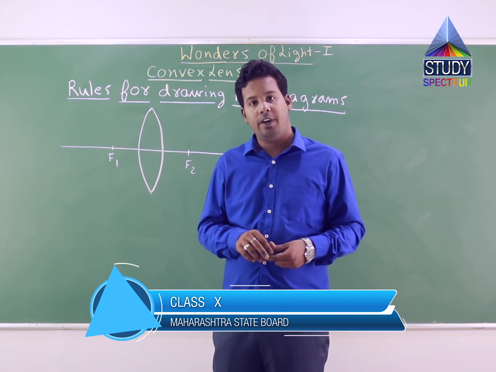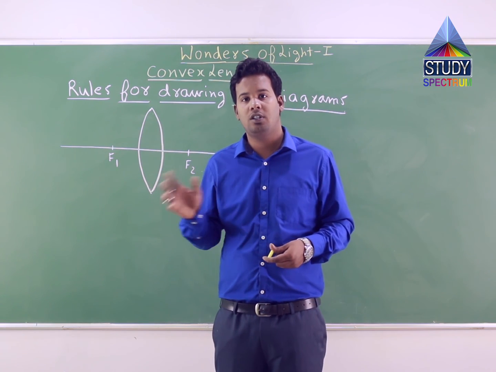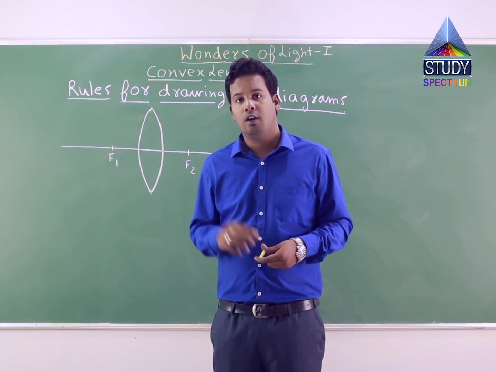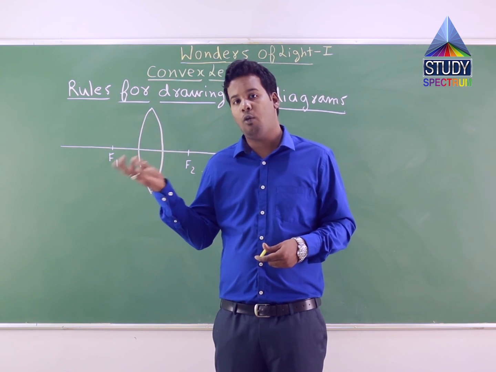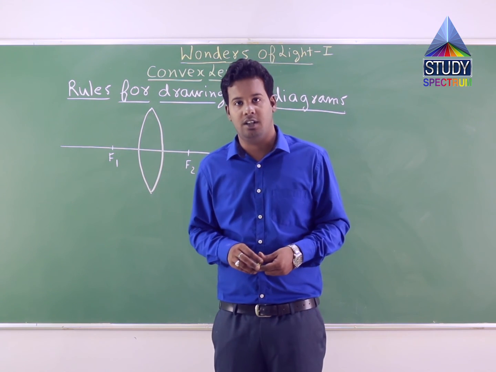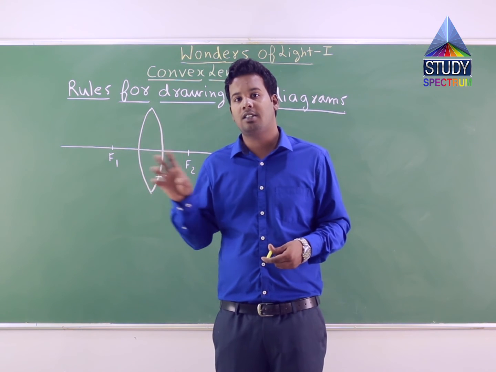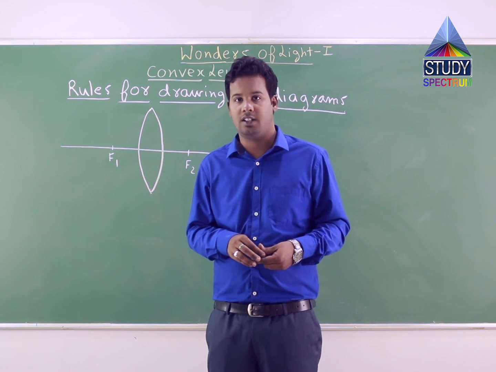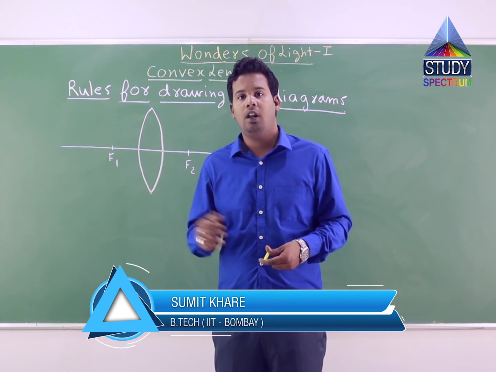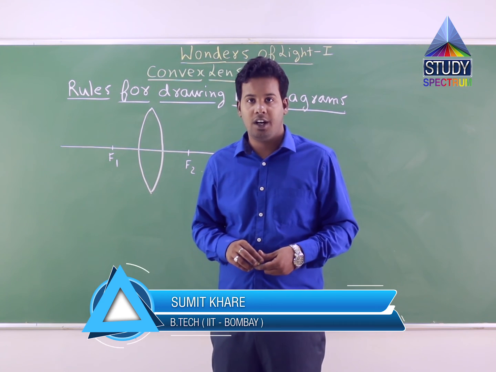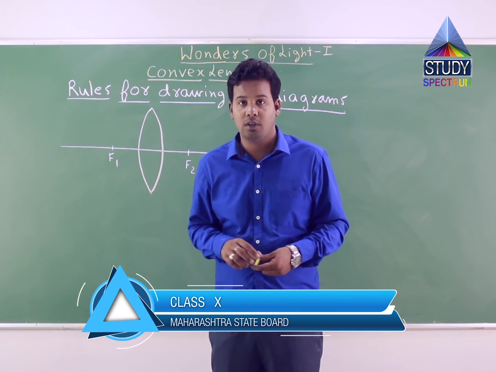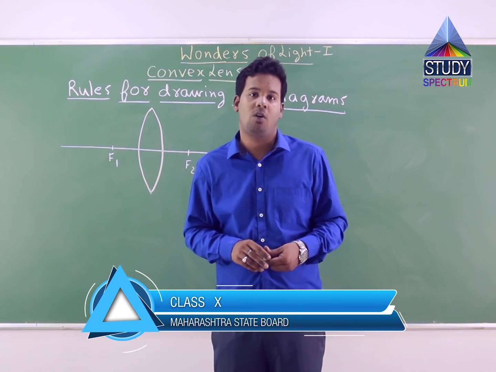Here also in convex lens we are having 6 cases of position of object in front of convex lens, correct? We have calculated for theoretical questions how by taking r is equal to 10 and f is equal to 5 it becomes very easy to find those 4 results, correct? 4 results for different 6 cases of position of object in front of convex lens. And in the same way as we have done for concave mirror, now we will learn the different rules of ray diagram, and then we will come to those 6 cases again and see whether the ray diagrams are justifying those 4 results or not.